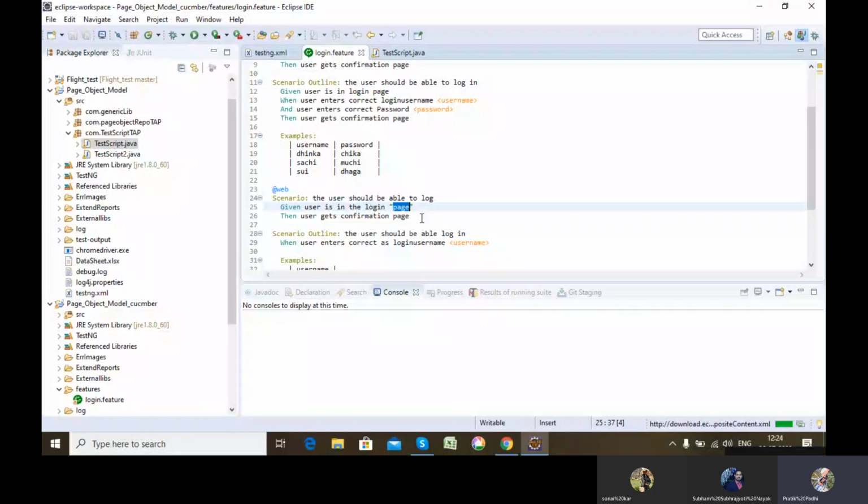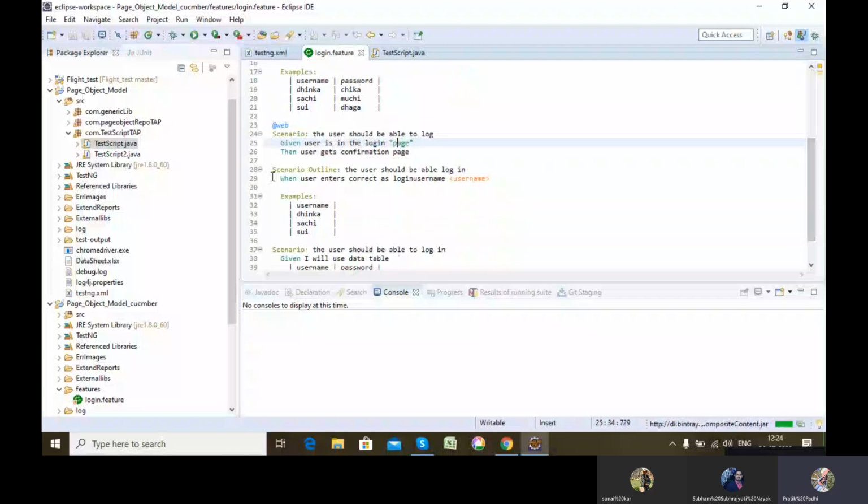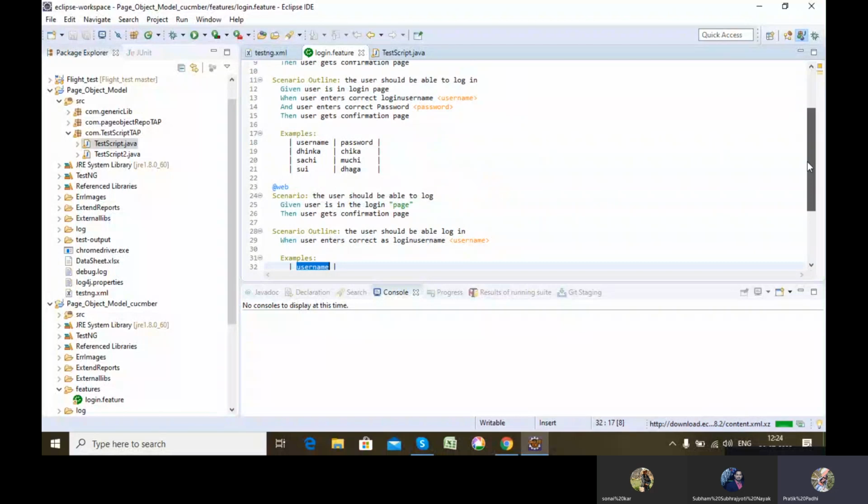When I define this given in the step definition file, only this one will be parameterized and it will take this particular value only. Again, I have defined one scenario outline in which I have parameterized only one single word. In the above I have used 2 words.